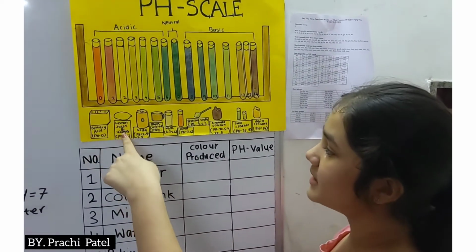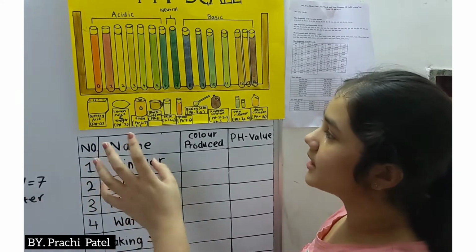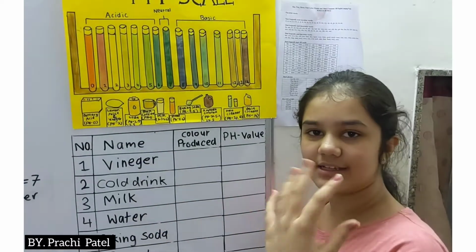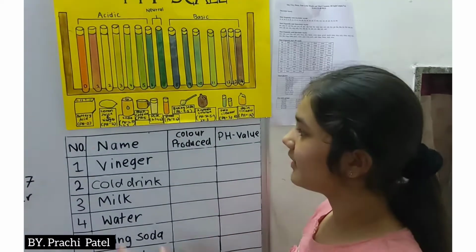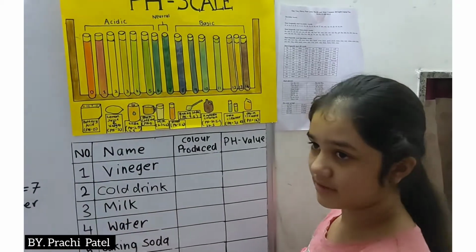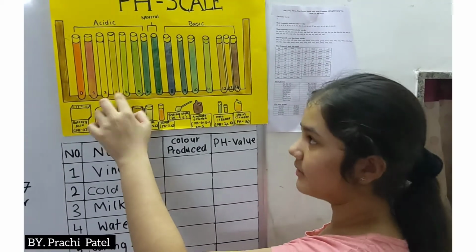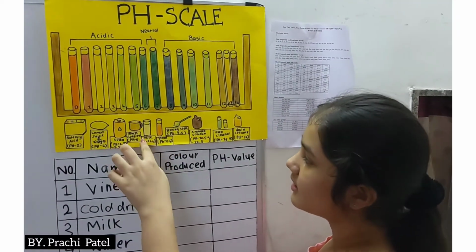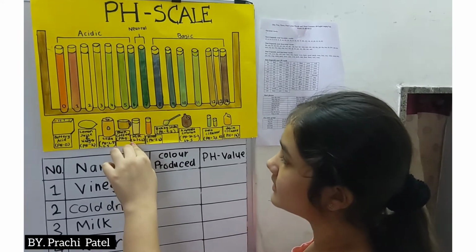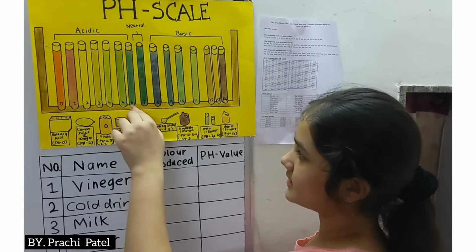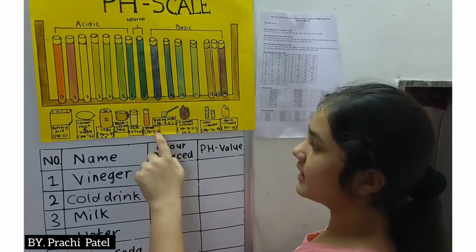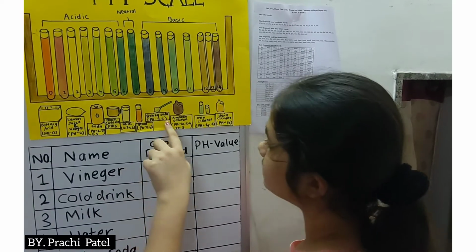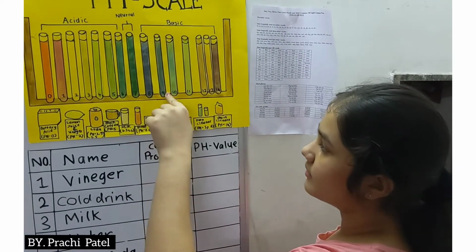Then we have lemon juice. Lemon juice and vinegar come on the scale of 2. Then soda. The soda we drink, all the cold drinks and such, comes between 2.5 to 3.5, somewhere over here. Then we have black coffee, which comes here at 5. Then we have milk, which comes in 6.3 to 6.6, somewhere over here. Then we have blood, which is 7.4, somewhere over here. Then baking soda, 9.5, over here.